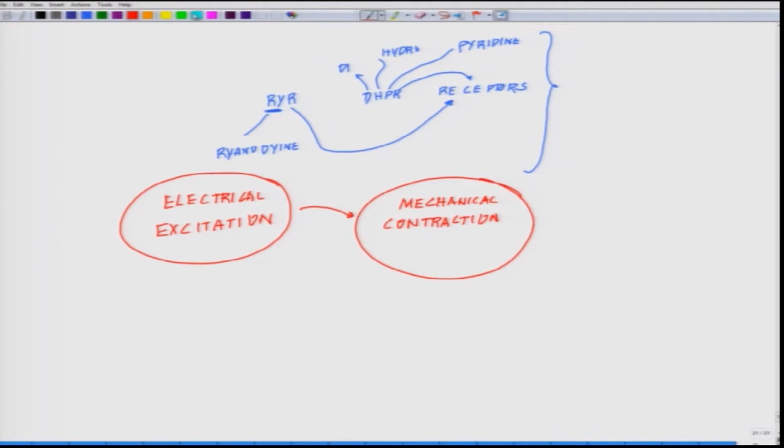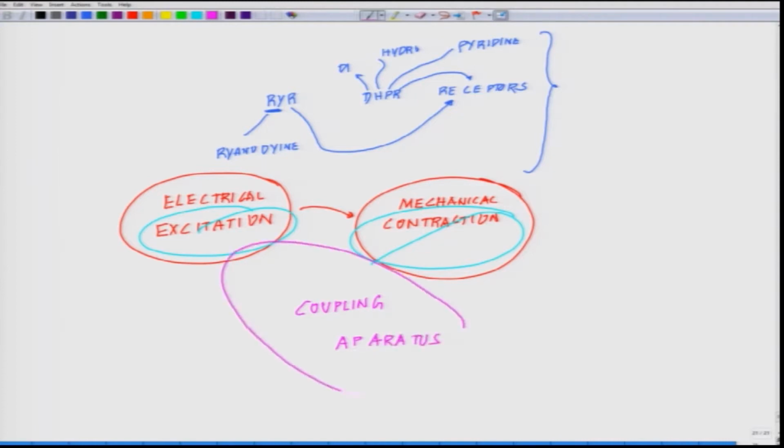So, excitation, contraction, next thing what we know is coupling of these two, and this whole process is called excitation, contraction, coupling apparatus, which contraction is because of sliding filament motion of actin and myosin filaments,